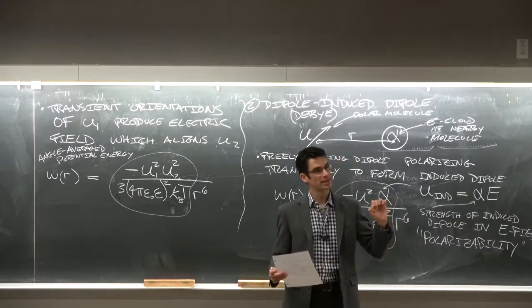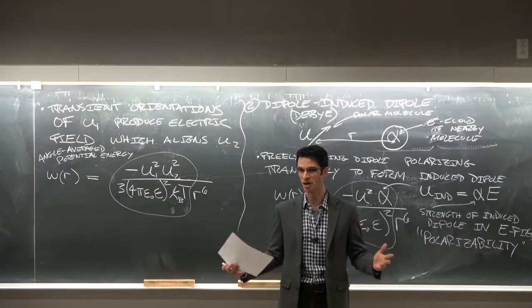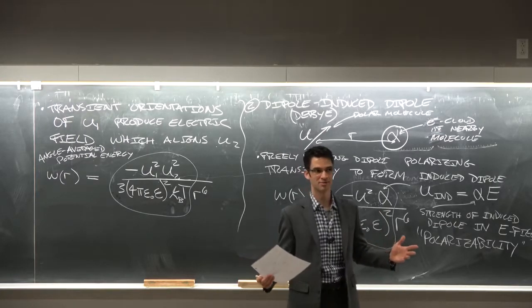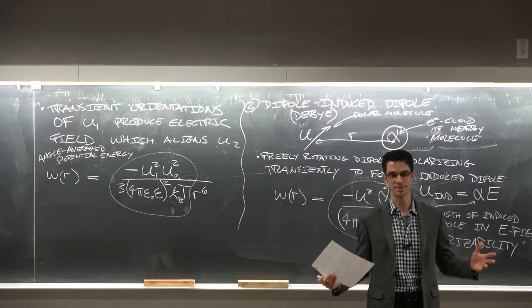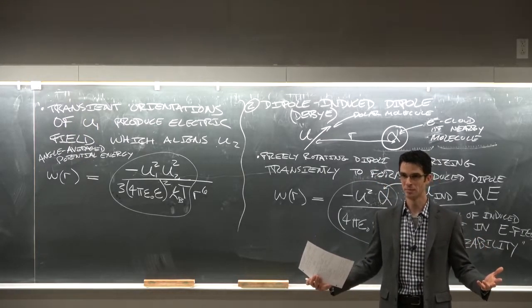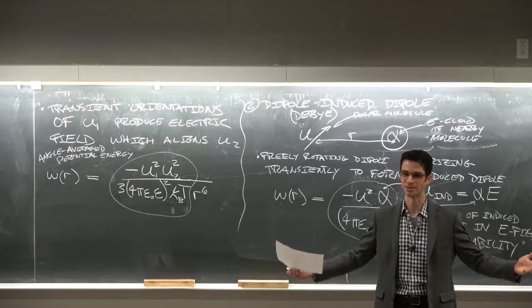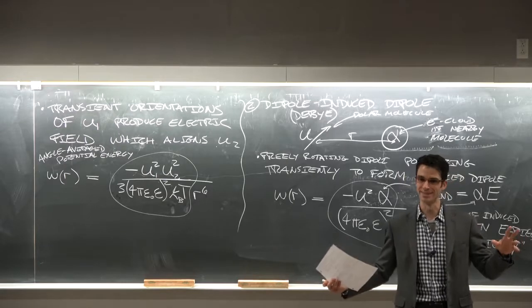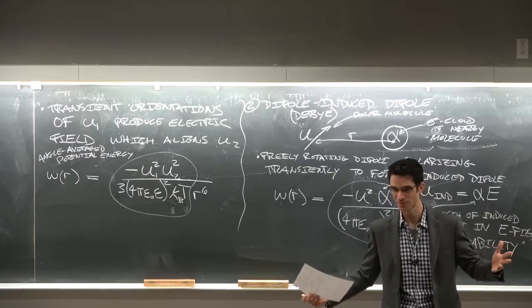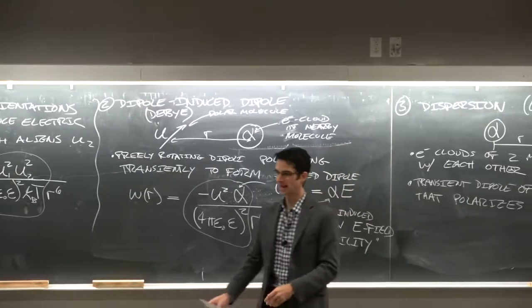It's hard to increase the size of a dipole by very much. You can have a couple of debye, which is the unit of a dipole moment. You can't get 100 debye very easily, or 1,000. Usually 1 to 5-ish. Whereas in the dispersion force, you add,